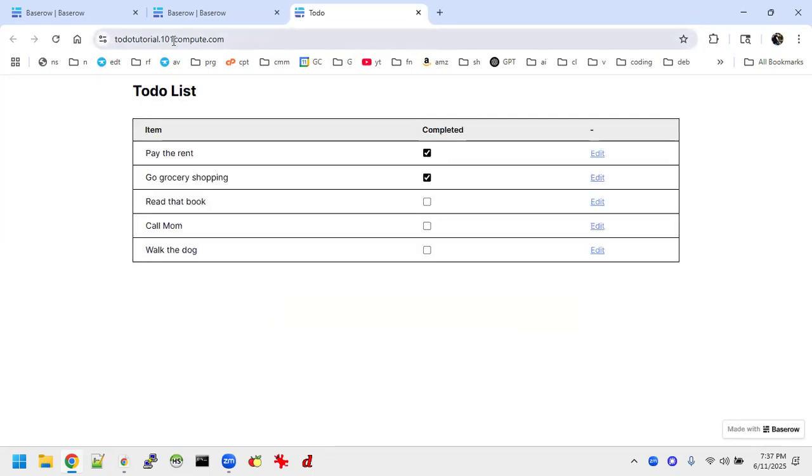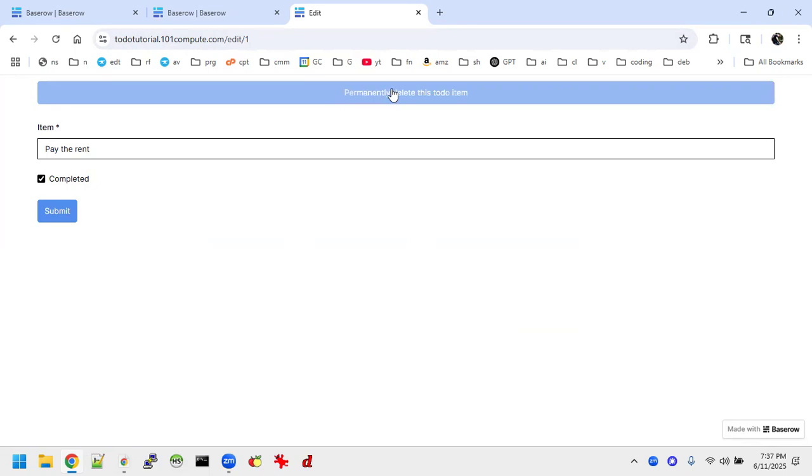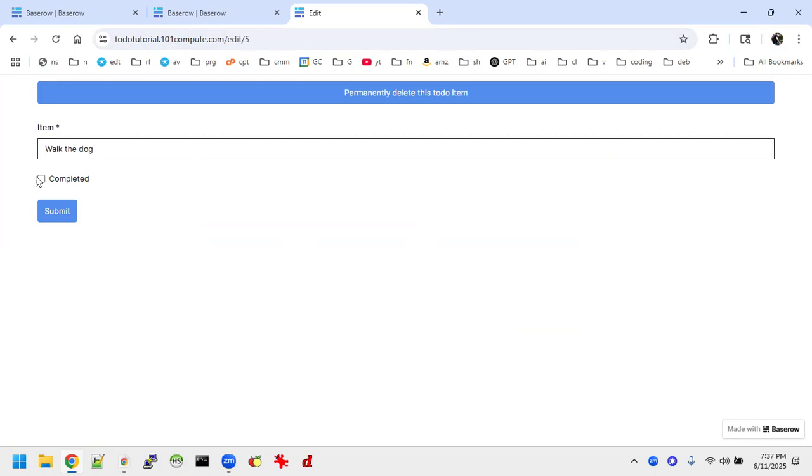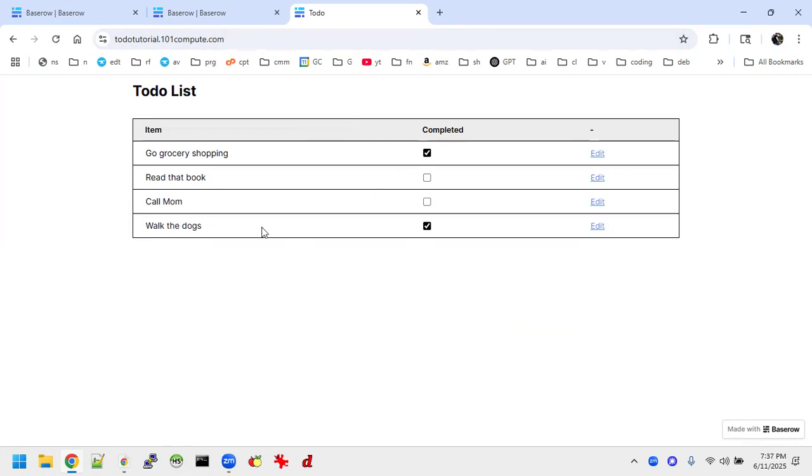Look at this site, to-do tutorial.101compute.com, and we can edit. We can permanently delete an item. Good, that works. Shows us that we deleted row 1. We can also go back and let's edit walk the dog. We'll say that's completed. And let's say we want to walk the dogs. Let's submit that. And there we go. We've got a working